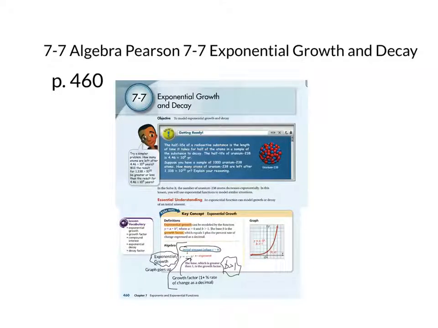Lesson 7.7 is on exponential growth and decay. So we've talked about exponential functions. Today we're going to analyze the different functions, and we're going to figure out actually what an equation should be for an exponential function given some information that they're going to tell you. So on 460,